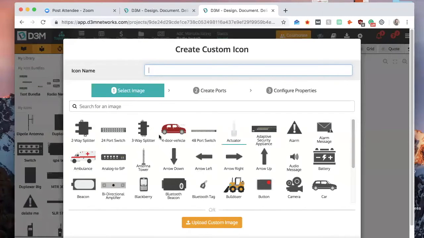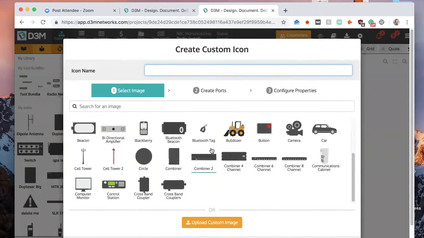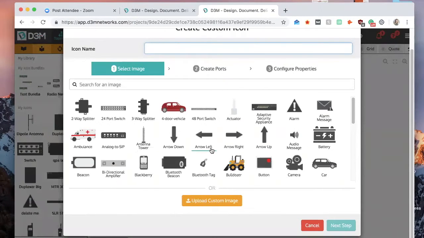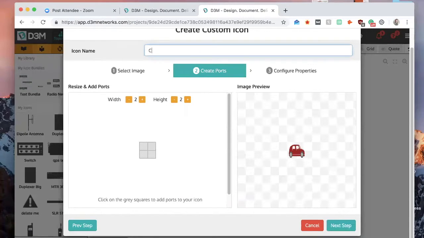And now you can either choose from these hundreds of images we've provided you with, or if you've gotten an image from Google or a catalog or anything, you can simply click this button here to upload a custom image of the icon you would like. So say we're going with the car as an example. You would select the car, you give it a name, and then you can change the size of it as well here. Keeping in mind you want to hopefully have it look like the actual icon,